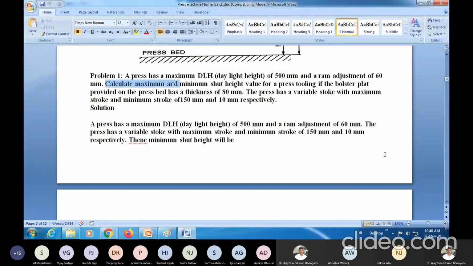Calculate the maximum and minimum shut height value for the press tooling if the bolster plate provided on a press bed has a thickness of 80 mm. I told you that when you put the bolster plate on the press bed, it will decrease the space between the press bed and the bottom of the ram, right?